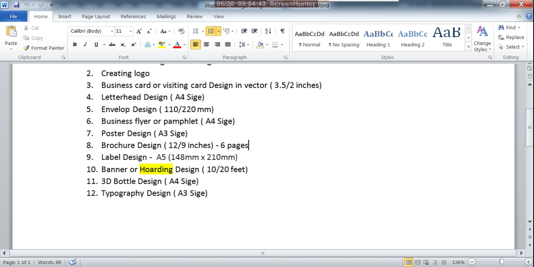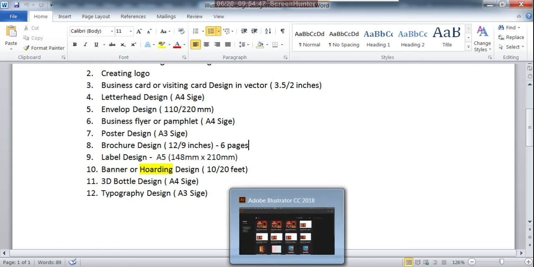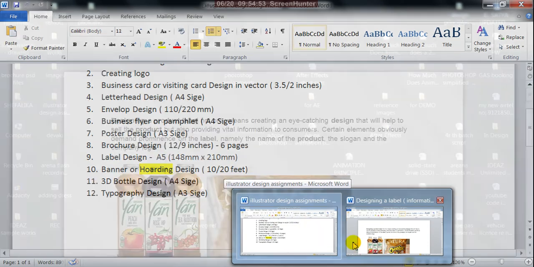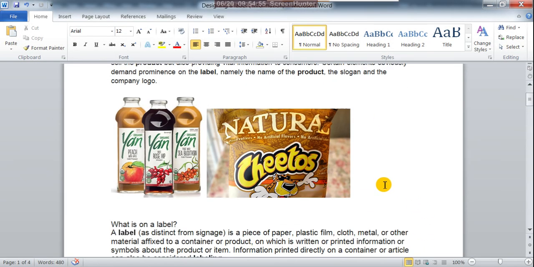Then by using vector software, we make the logo and other designs. Okay, so this is the information about the logo. The same logo practically I'll explain